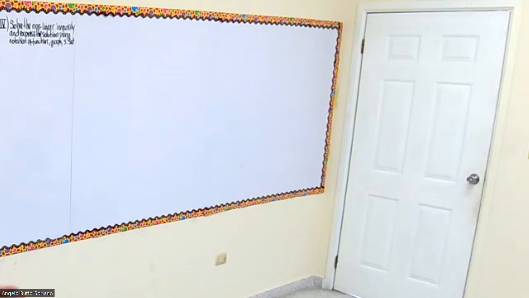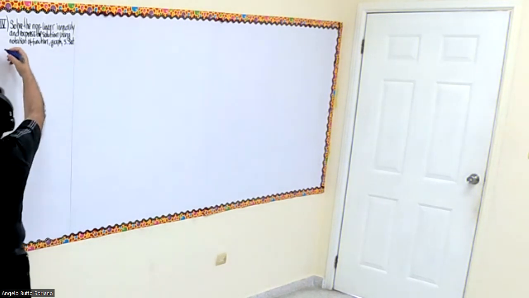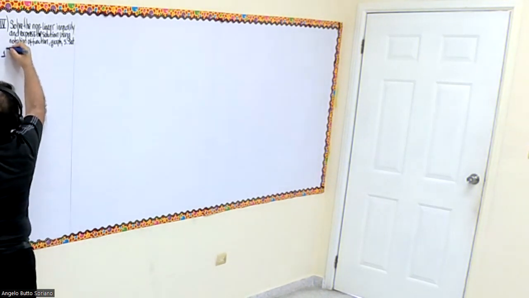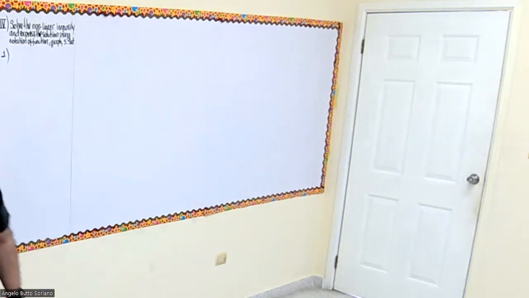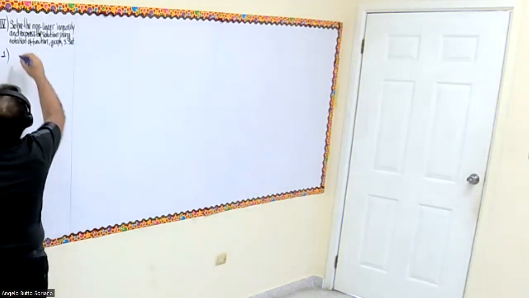Okay, let's begin with the first one. We have the first inequality. The first inequality that we have in this situation is 5x squared plus 3x